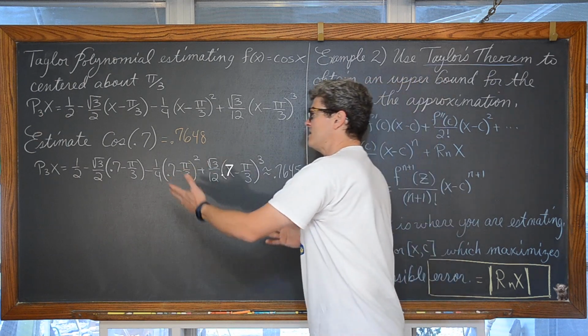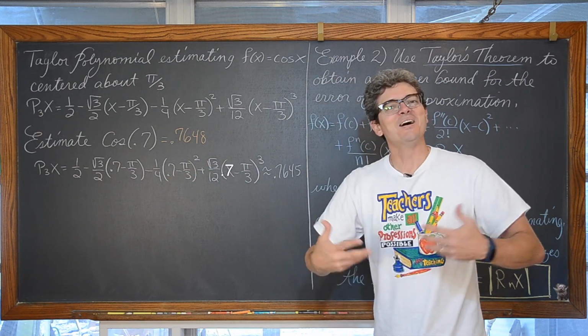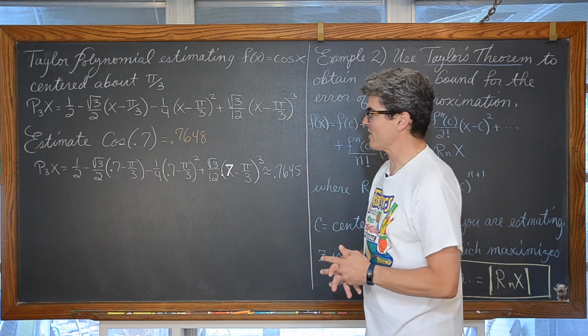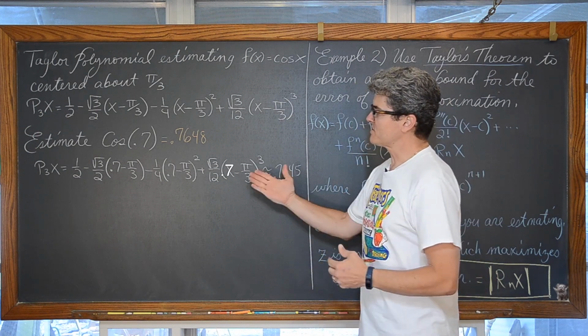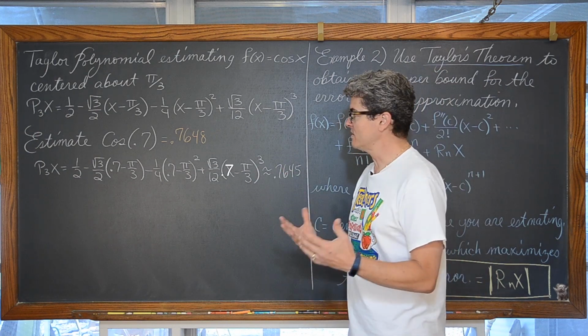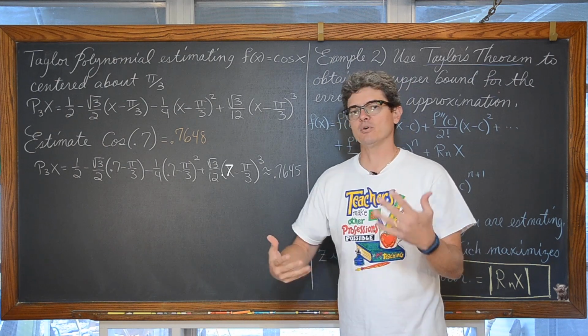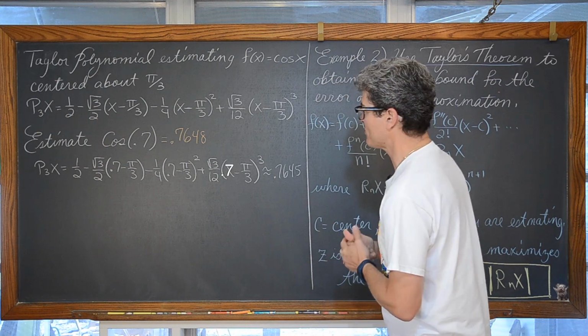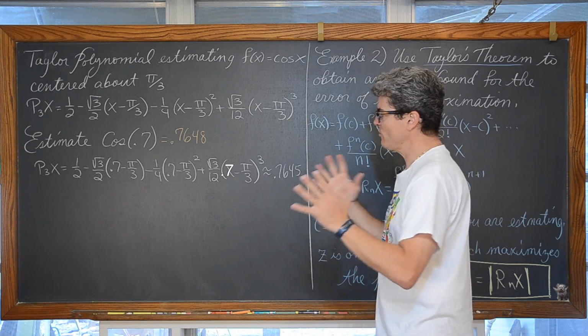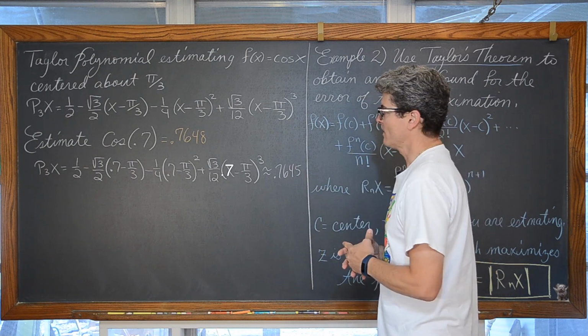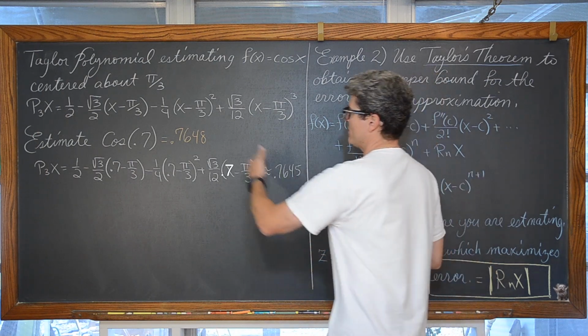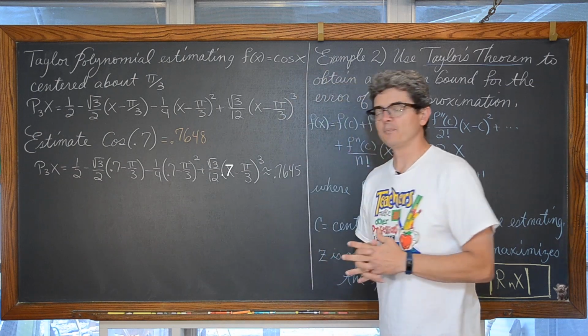So we can see that these estimations, as we could see by those graphics that we were looking at with our graphing calculator, are quite good. And you need to be within some neighborhood of pi over 3, the center of the Taylor polynomial. But if you're somewhere within a reasonable range of that center, we get very, very good approximations.